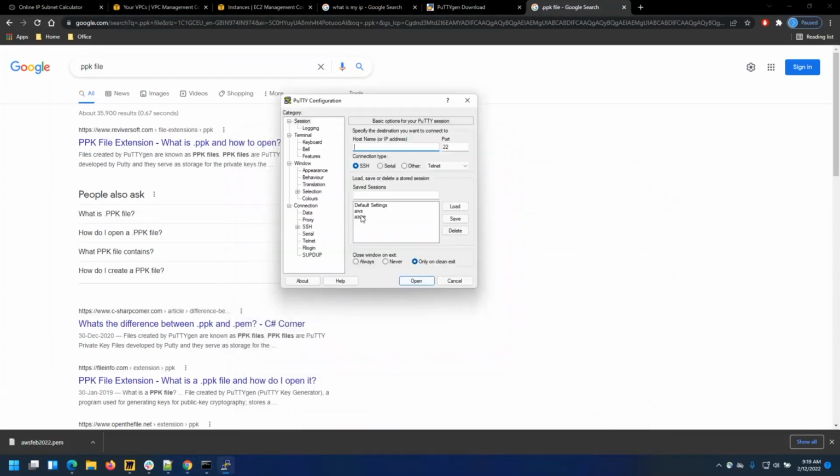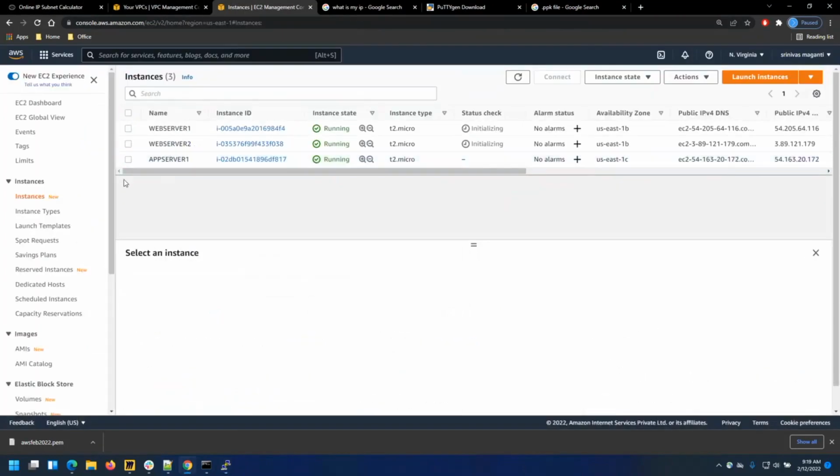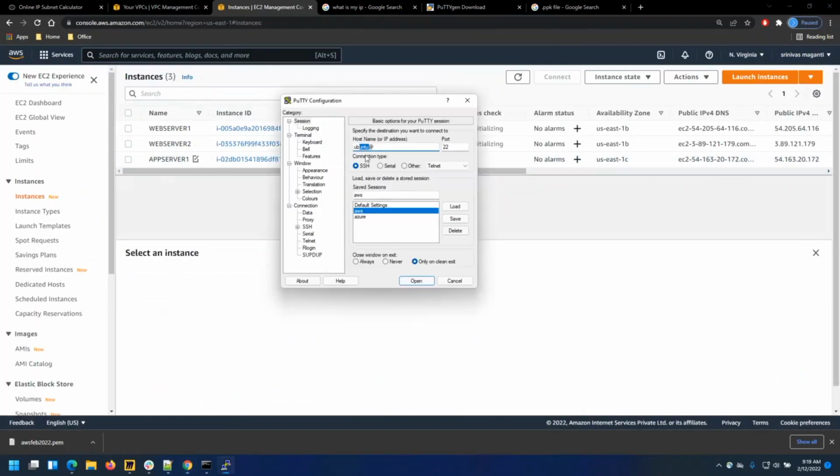Now for this, I have one AWS session loaded. Ubuntu, how many servers have you deployed? 3 servers. Have you supplied any username? No. Have you supplied any password? No. Username by default is Ubuntu, and the password is your file. So Ubuntu is the user, and the password is the file. Go